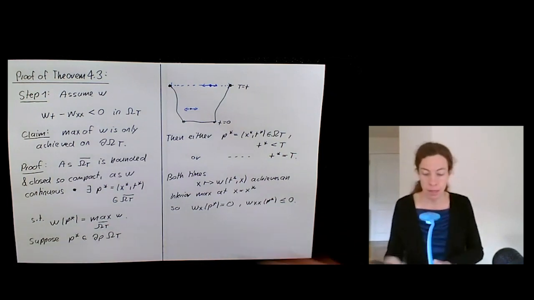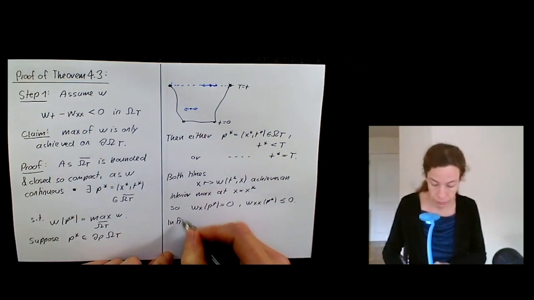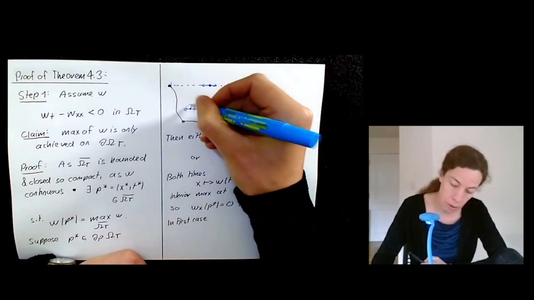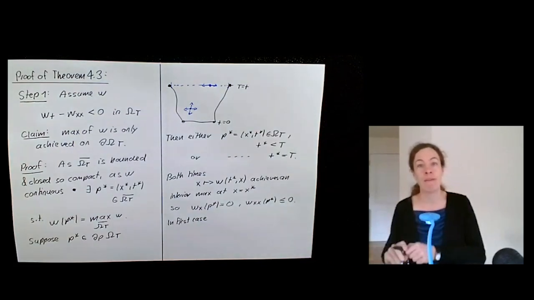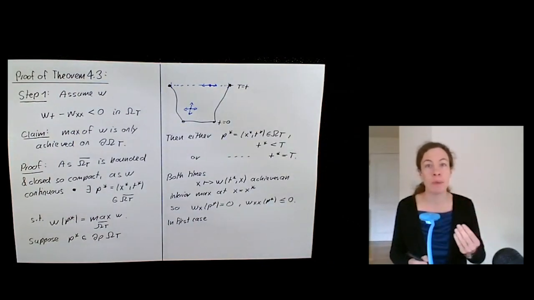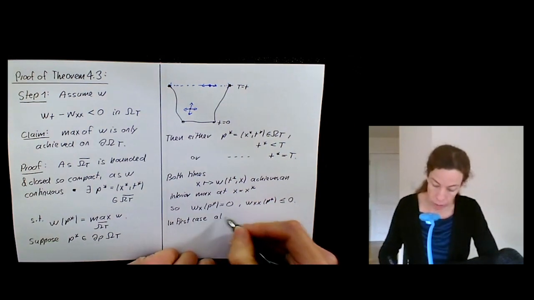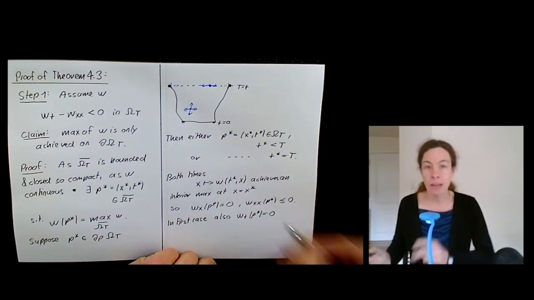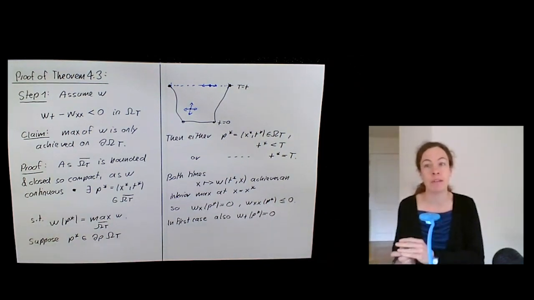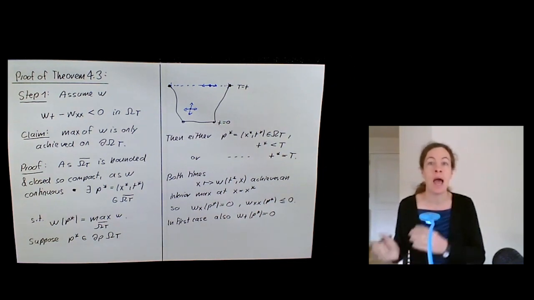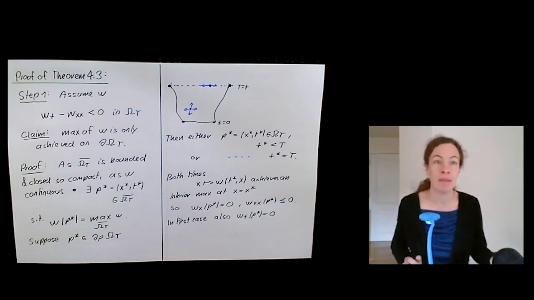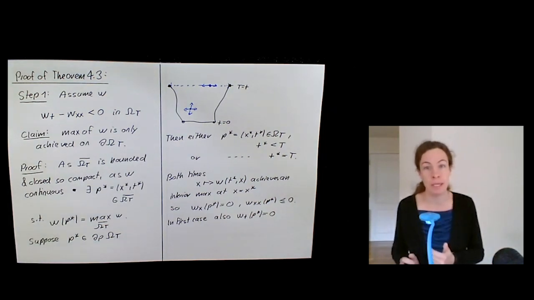On the other hand, in the first case, I can also move freely both forward in time and backward in time, and I still have a maximum. So by the same argument, in the first case, the derivative with respect to the time also needs to vanish, so I get Wt of P star is equal to 0. I really shouldn't talk about second derivatives in time because they might not even exist. I'm not asking for that because all I'm asking is that it's differentiable once in time, twice in space.